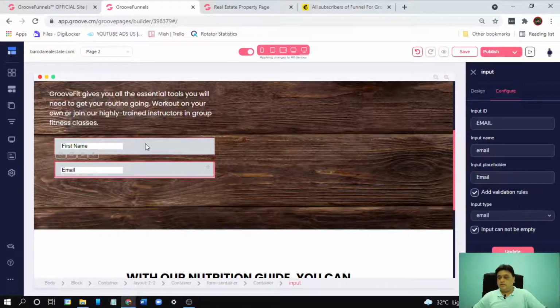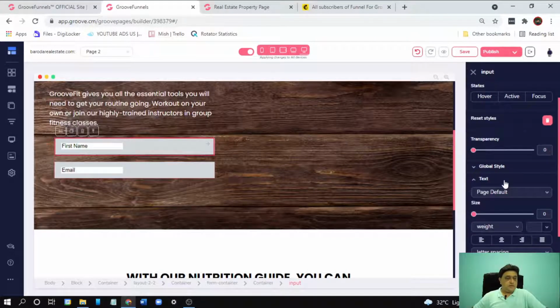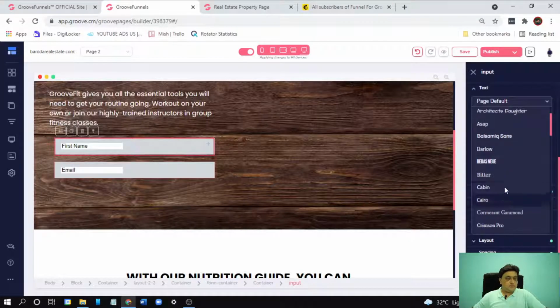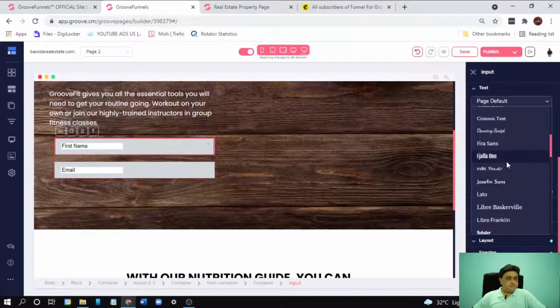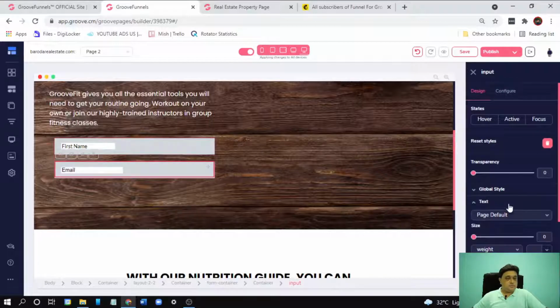We will design it a little bit. Let's go to the design section, click on text. If you want a good font, then select one. Here you can select also.